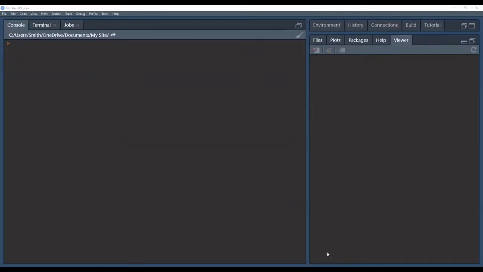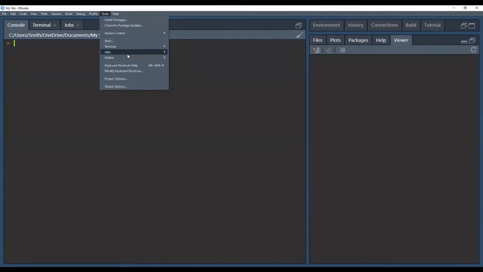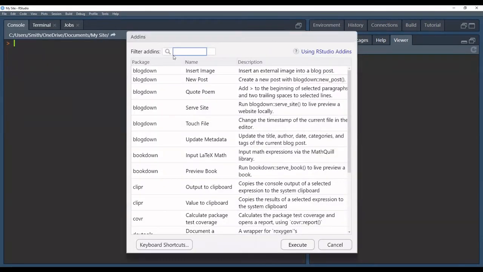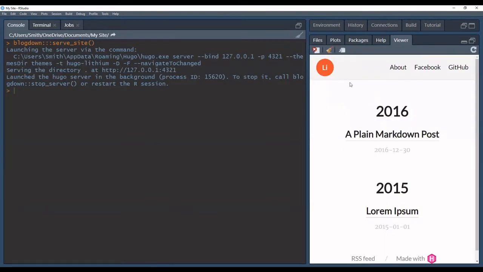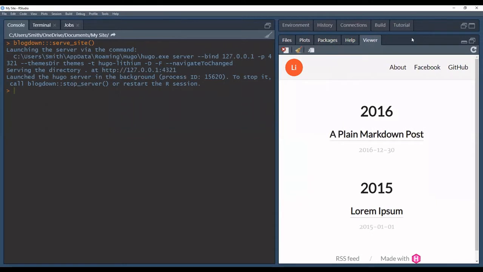So you don't have to use RStudio when developing your blogdown site, but there are a few essential add-ins that make it easy to edit and preview your site. If I click on the Tools tab and then click on Add-ins, and we browse the add-ins, if we click on Serve Site, this essentially is the same thing as typing in the console blogdown serve site, and this executes the live reload technology where we can constantly view our site and we can edit it and preview it